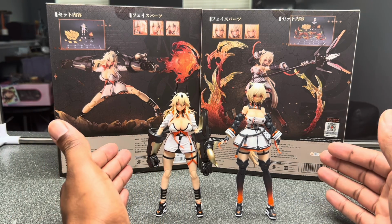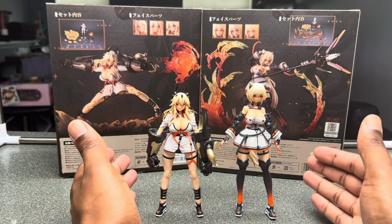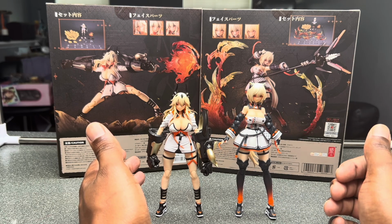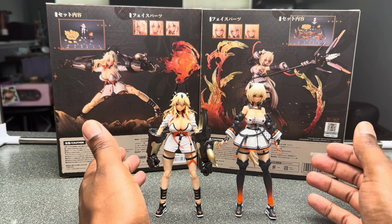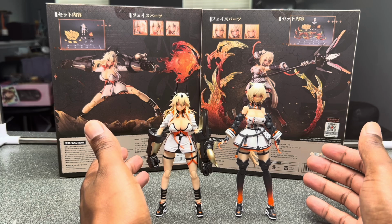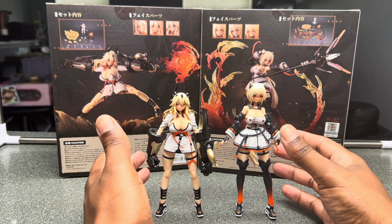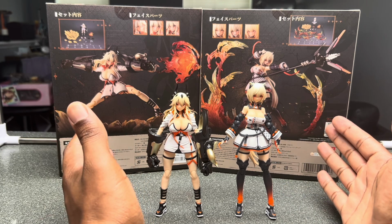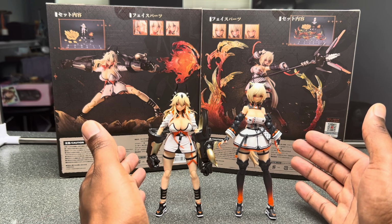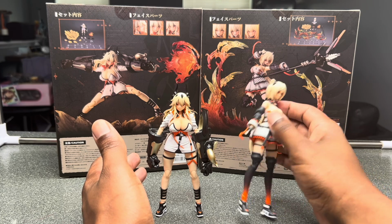So they are noticeably different. I thought they were basically the same figure, but obviously you can see that they're not. She's quite a bit taller than this one. They might be reusing some parts somewhere, but I honestly don't know. I think these are two completely different characters. Like, maybe the faces are the same, but are they meant to be like twins? I'm not sure. But they do look similar to each other, so they could be sisters. I'm not 100% sure, but